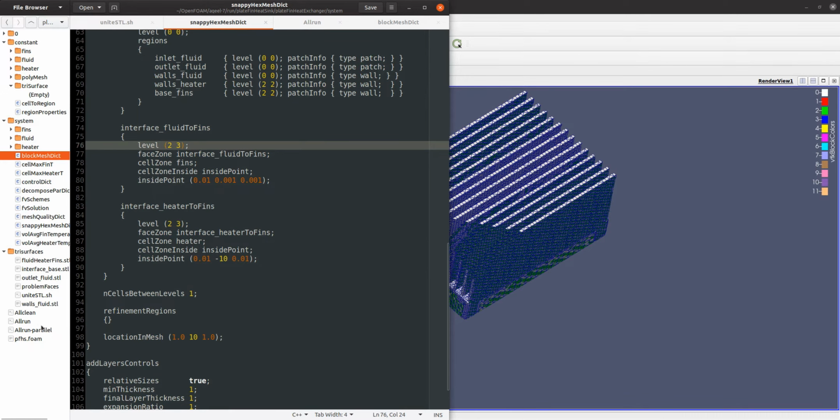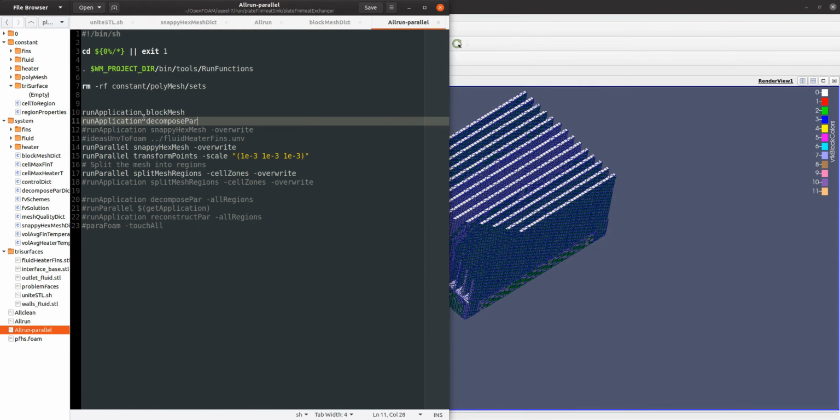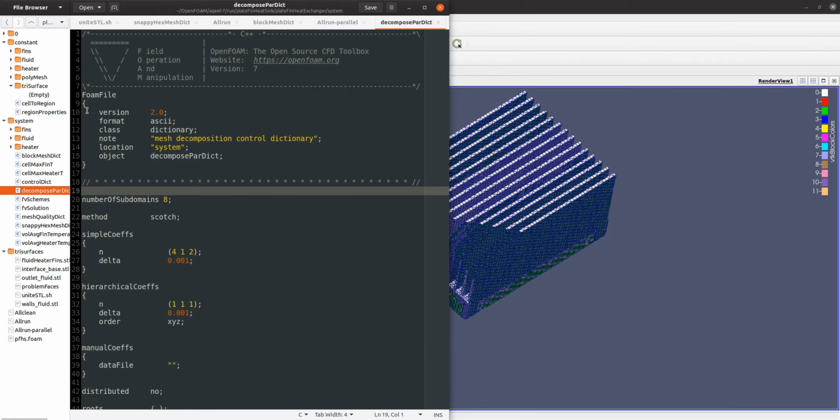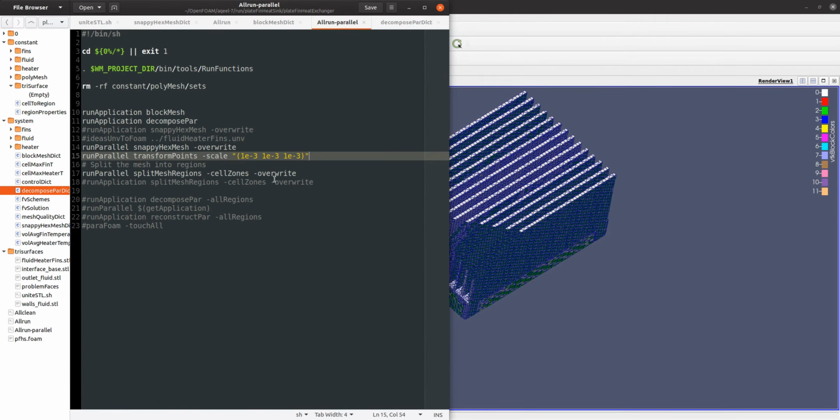So if we want to run in parallel, for example after block mesh, we can decompose the mesh, and then we can run snappy hex mesh in parallel, and then we can perform other operations, for example if I want to rescale, and then we can use split mesh regions. So here I have decompose dict, and I can decompose into 8 regions, and then I just have to run this Allrun script.